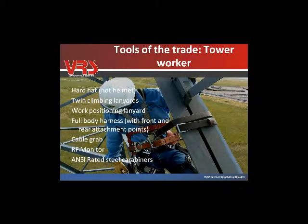But you'll also see that they have twin climbing lanyards typically, usually with a built-in shock absorber, so that if they do take a fall, they can keep that impact force at a minimum on their bodies. They will typically have work positioning lanyards, which are different than their fall arrest lanyards or their twin climbing lanyards, in that they're only supposed to be used to get themselves where they need to be and hold themselves in place. They should not ever be a sole attachment point